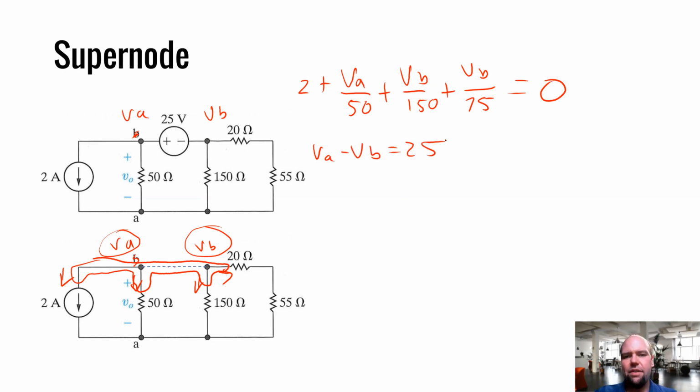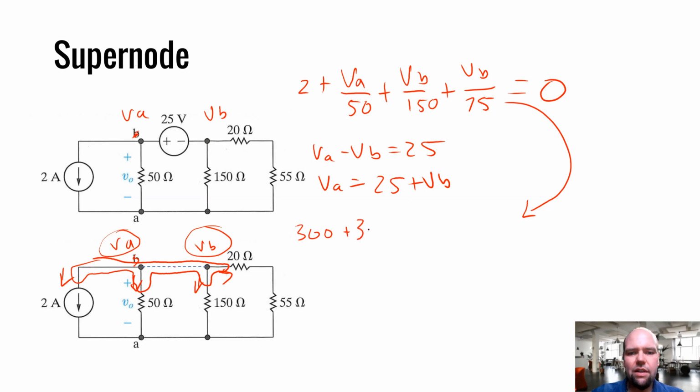Okay, let's do my math maybe a more traditional way here. The more traditional way would be to get this into some form: VA equals 25 plus VB, and then substitute that in. So let's take this equation and I'm still going to clean it up. Multiply it by 150, doing the math one more time. We get